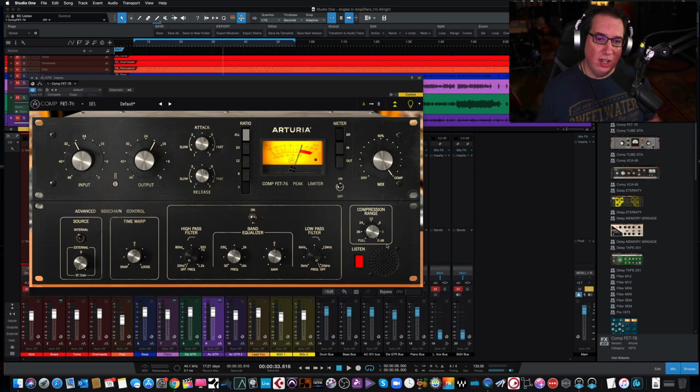And then here is another really unique feature that I really enjoy. Much like the mix knob, you have the compression range. I think every compressor ought to have this. This is really cool. So let's say you really want to drive the front end of the compressor, and we'll test this out on like a piano just so you could hear what it does and get a little bit